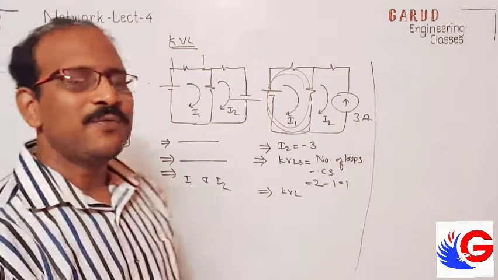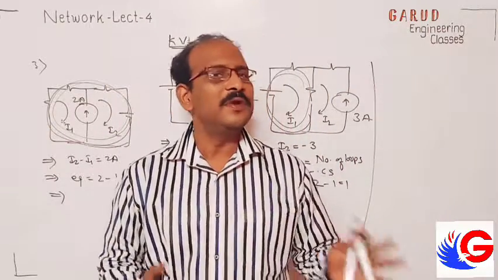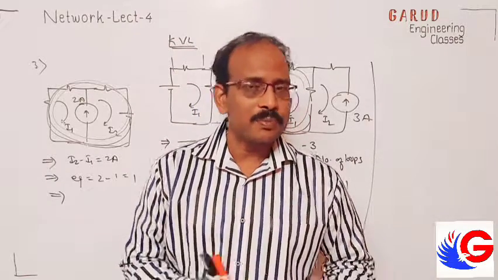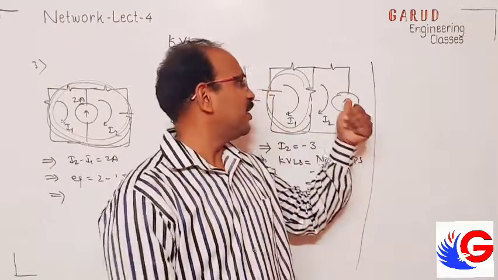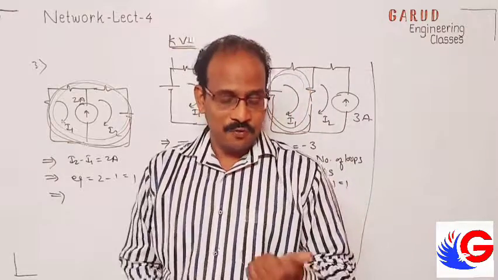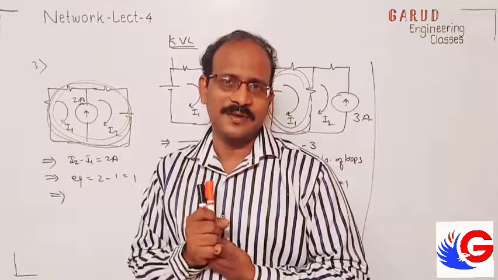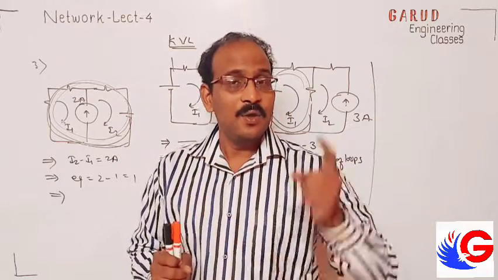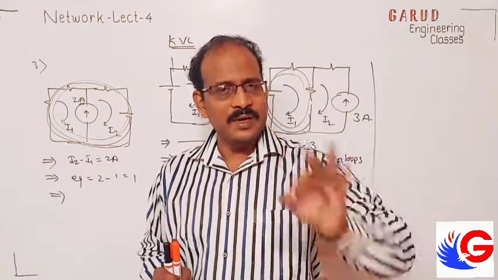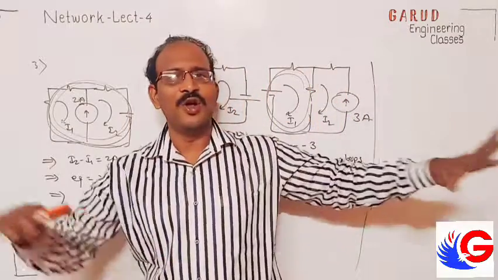So there are only three types of KVL. Simple KVL, current source in independent branch, current source in sharing branch. Okay. So only thing is, whenever there is a current source, problem becomes very simple, but we have to express that current source first. Correct. Now what we are doing, we are adding here dependent sources. So what additional thing will be there? Express that dependent source first. Okay. Only one thing is added. Whenever there is a dependent source, express that dependent source first. Then follow your ordinary rules.